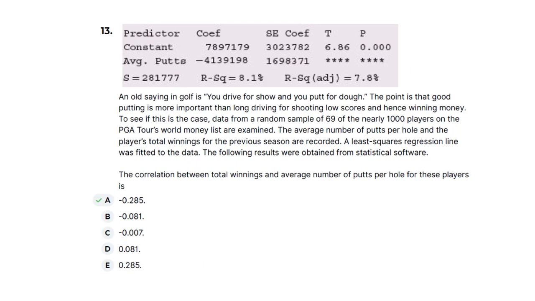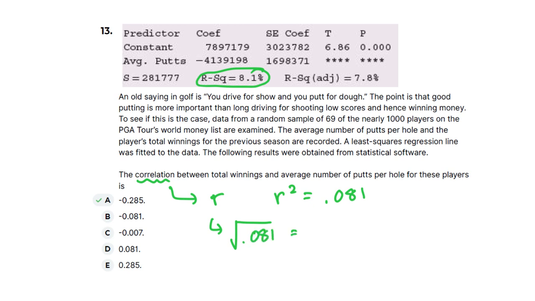Question 13 was a throwback question back to chapter, oh gosh, what chapter would that be? I believe chapter 3, where we first learned about the correlation coefficient. So correlation, that is our r. On these printouts, they do give us r squared. So our r squared is going to equal, now we want to change that to a decimal, 0.081, so very small. When I take the square root of that, so r is going to be the square root of 0.081,